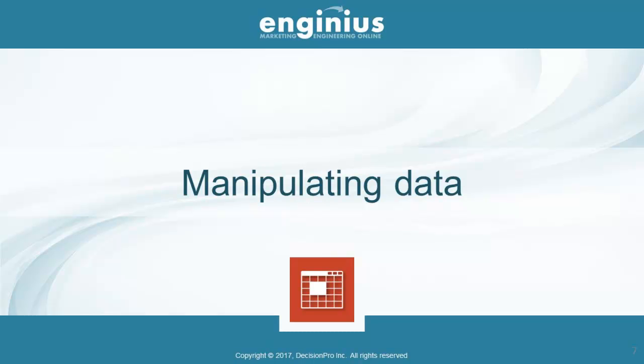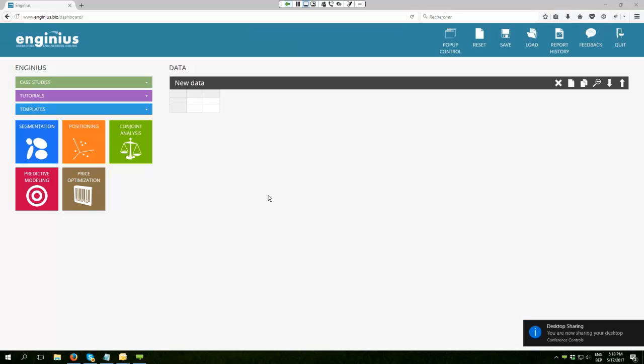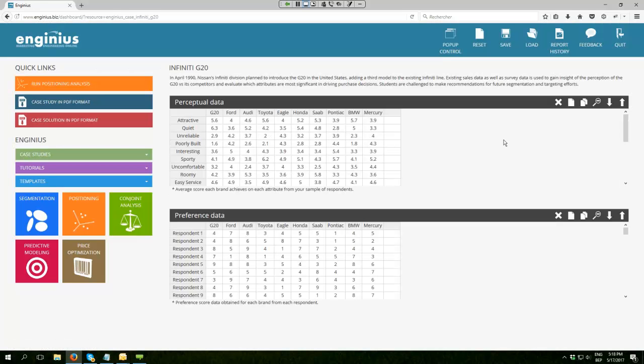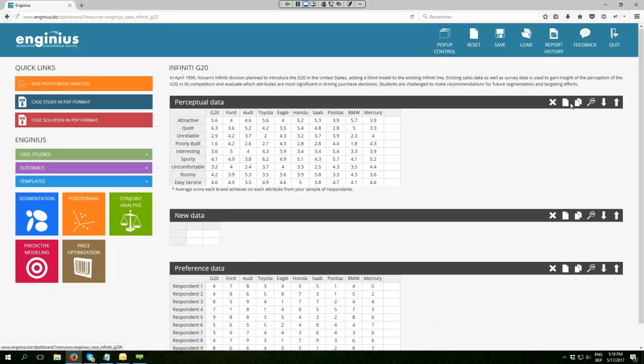So this segment is about manipulating data from within Enginius. Let's suppose you have a case study. Again, I'm going to open the Infinity G20 case study, and you'd like to modify the data or manipulate it in different ways. Actually, it's very easy to create your own data. You just click on New Block, and then you type in the data you have in whatever format is required